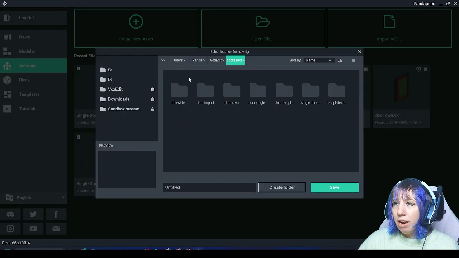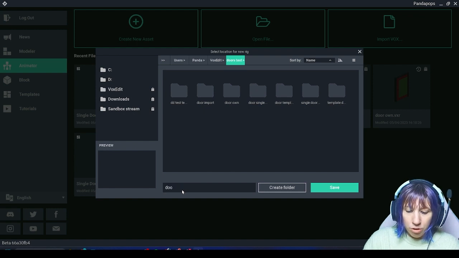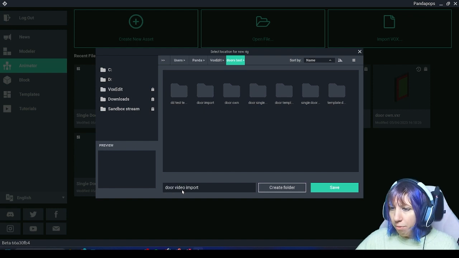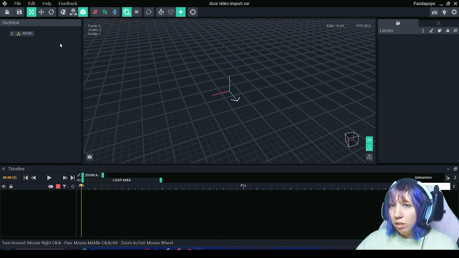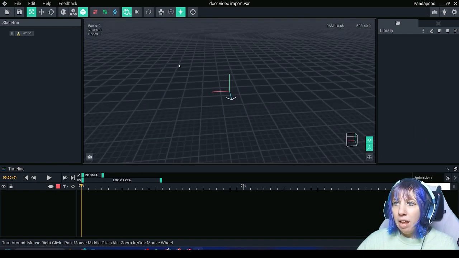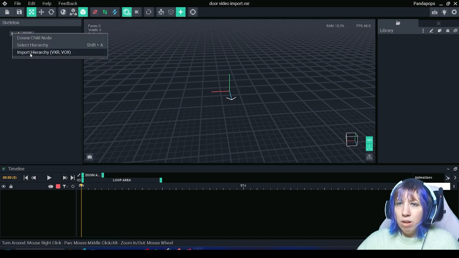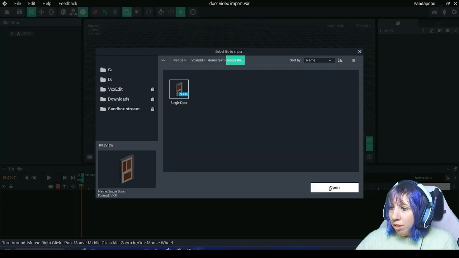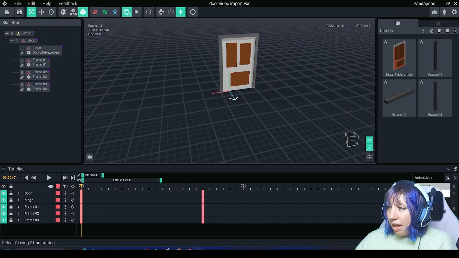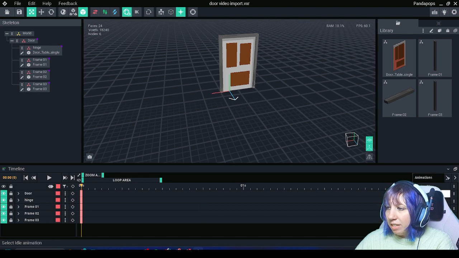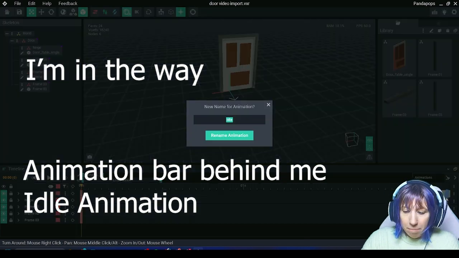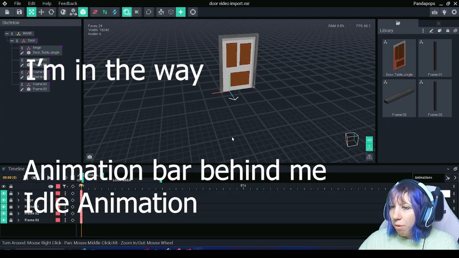But right now we're going to create new asset and we're going to do door video import. I'm making this for this video. And we've opened up a new asset and we're going to go from world and we're going to import hierarchy. So we go to our door template that we did, we import it over. As you can see now, we do actually have this idle, this new animation that's come up. We're just going to rename this. Please rename it to just idle 01